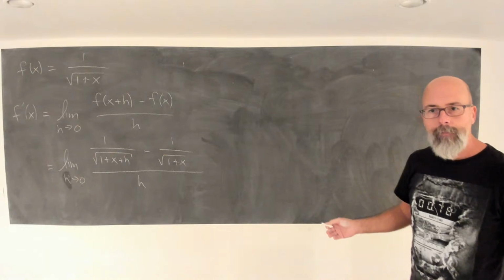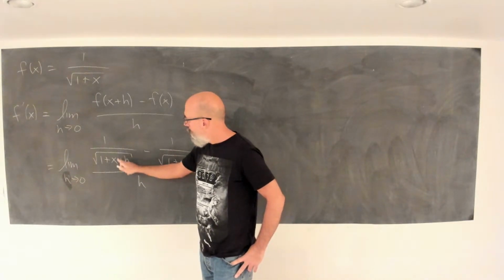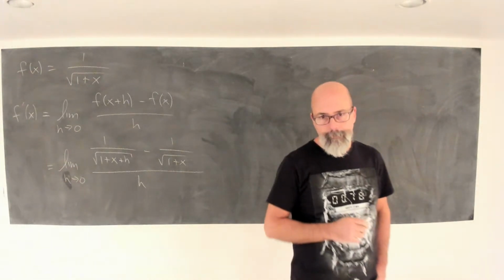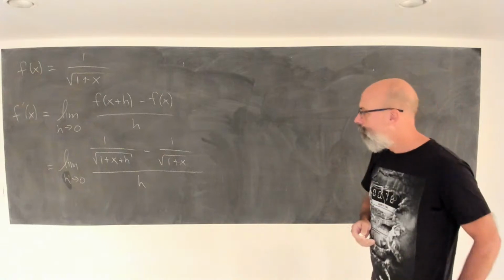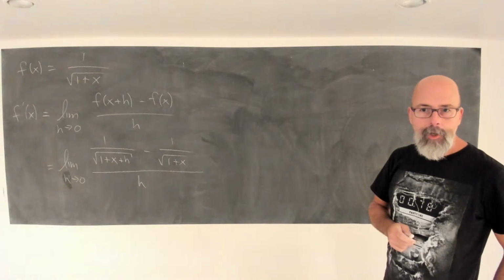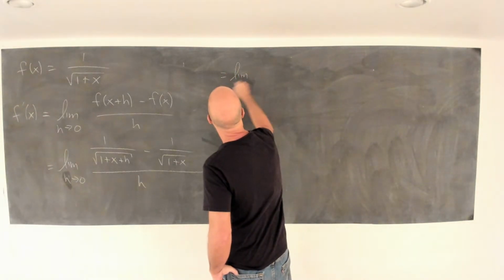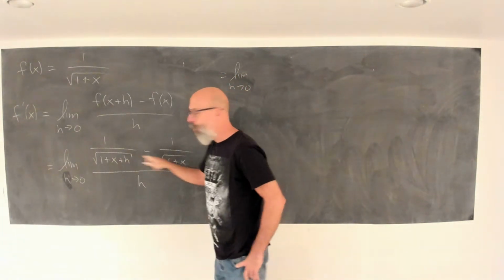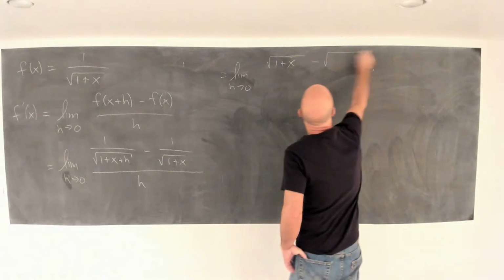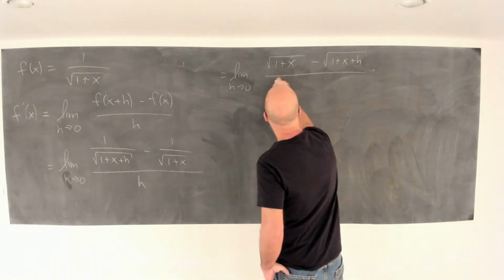What were you going to do? I mean, if you plug in h equal to 0, you, of course, get 0 over 0. So something's got to be done. I'm going to suggest, in this case, maybe a common denominator for the numerator. Common denominator, of course, being the product of the two. And we get over the product